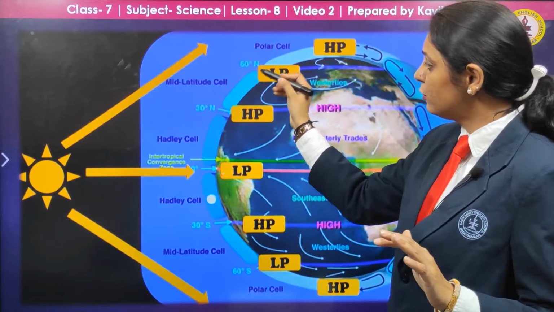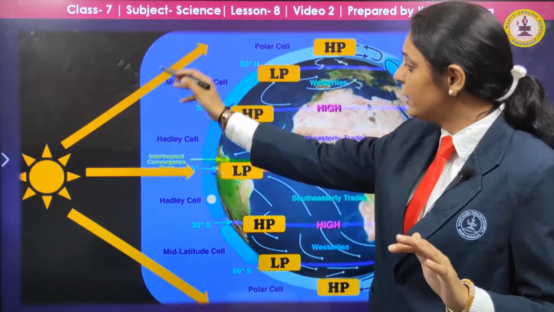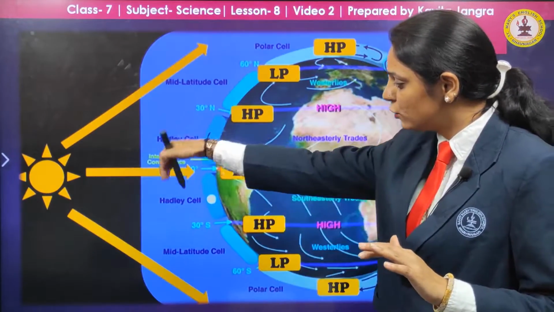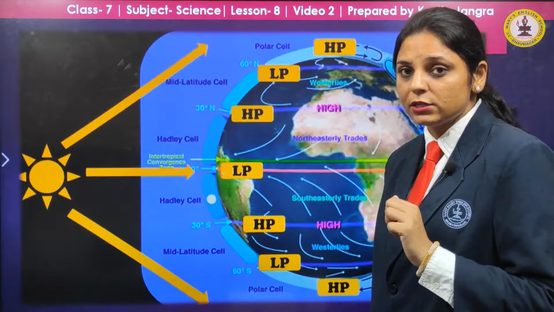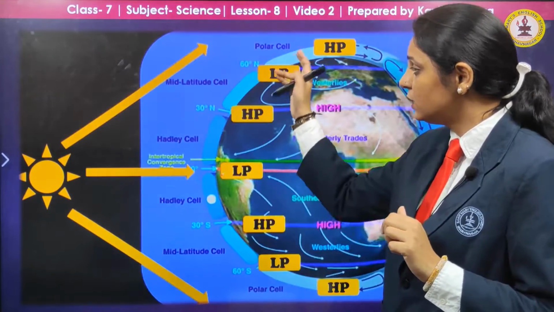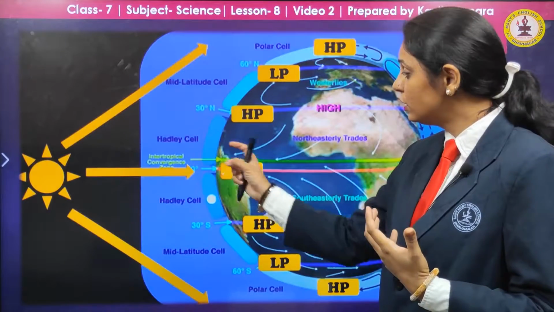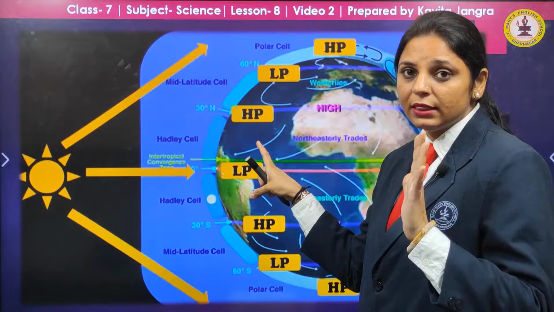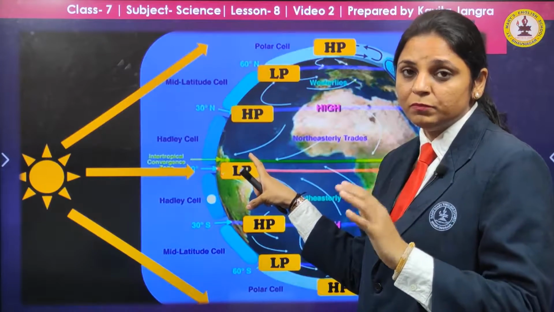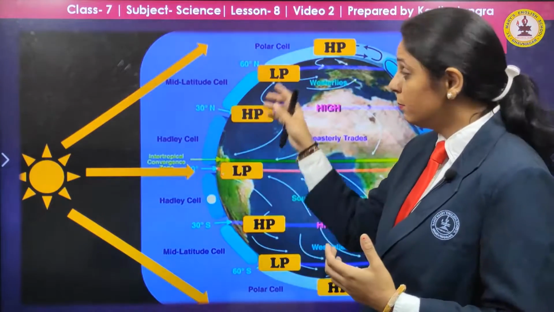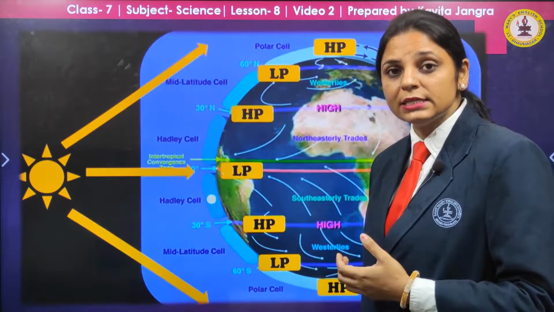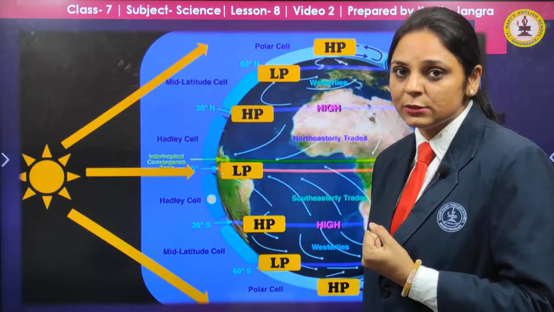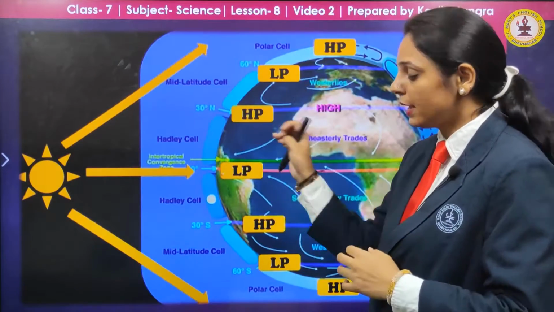The air coming from these polar regions will deflect towards the right side, and from the south side they will deflect towards the left side. How does it occur? Due to the pressure difference between these areas. How? Because these areas near the equator are getting the direct sun rays, and the warm air in these regions creates low pressure. But in these areas, the sun rays are slanting and the air pressure is higher because condensed air is present that always tries to sink down.